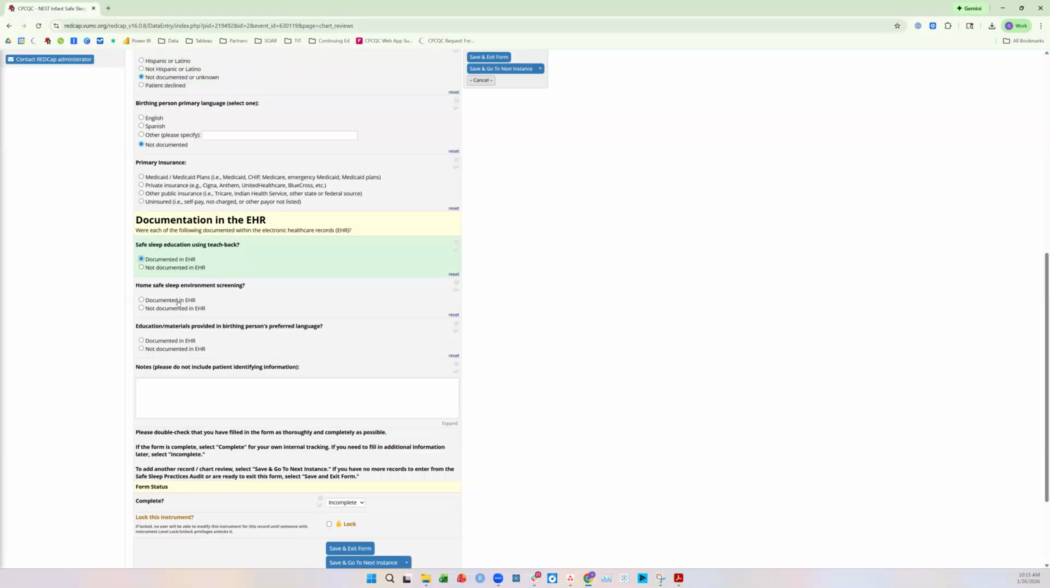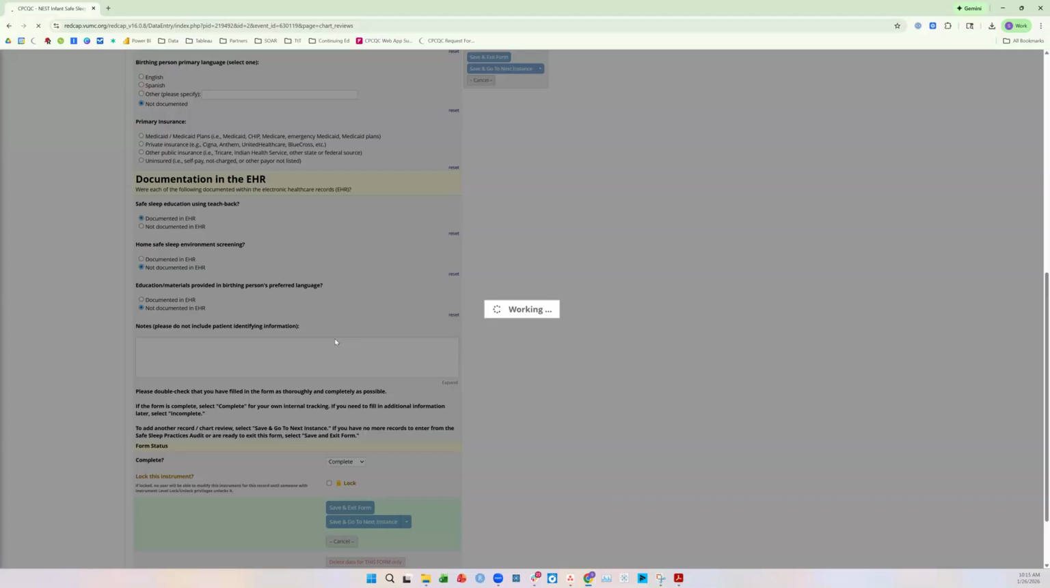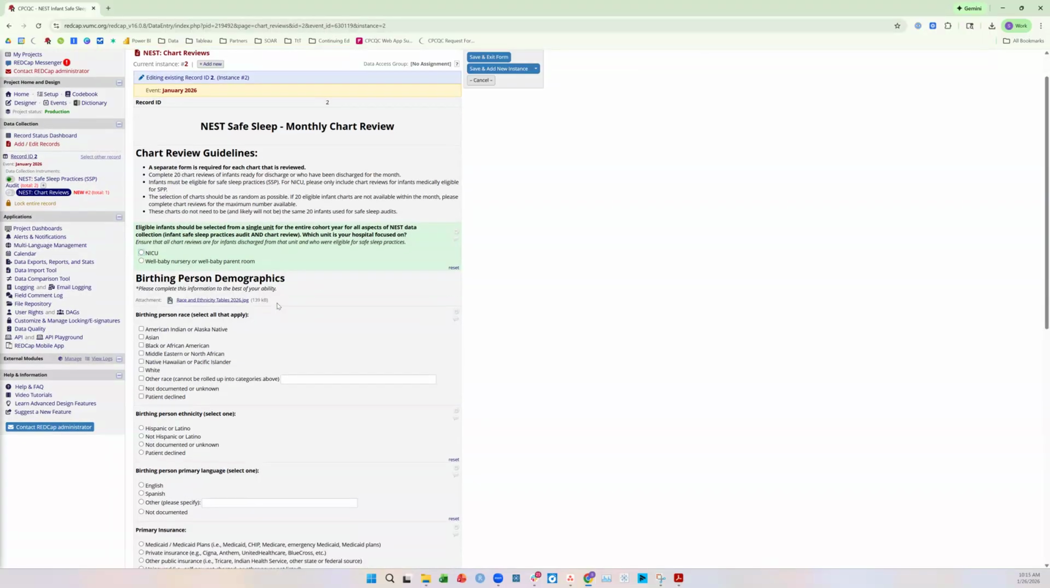Let's say that's documented. Home safe sleep environment screening, that one's not documented. And education materials provided in birthing person's preferred language, not documented. And any additional notes. Then we can mark this complete, and we can go to the next instance. Let's say for this chart review,